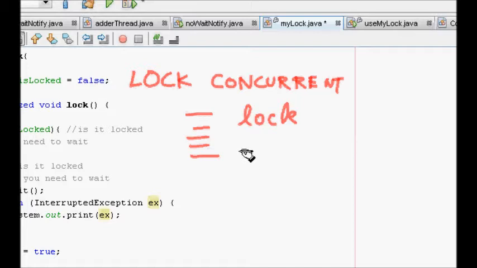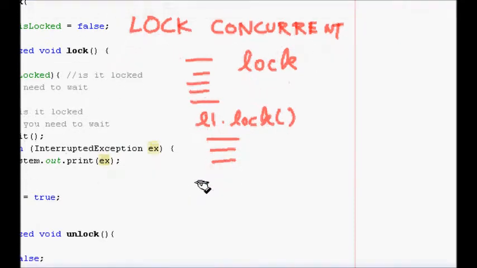When there is a piece of code that only one of the threads can execute, and that piece of code might have some shared variables and so on, what you generally do is have a lock, let's say L1. You do L1.lock, you execute the mutually exclusive code, and then you unlock it.